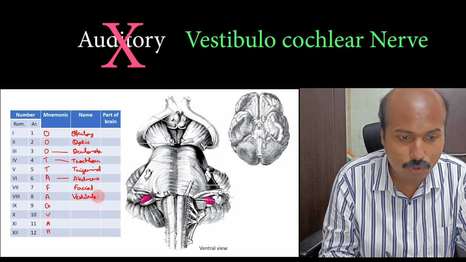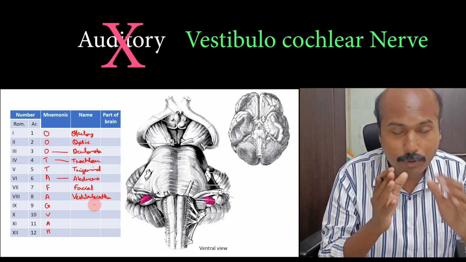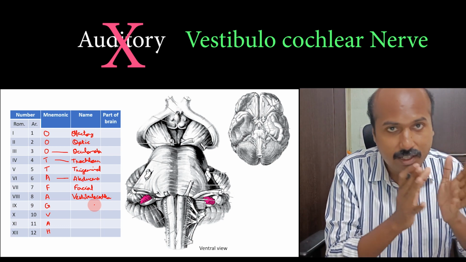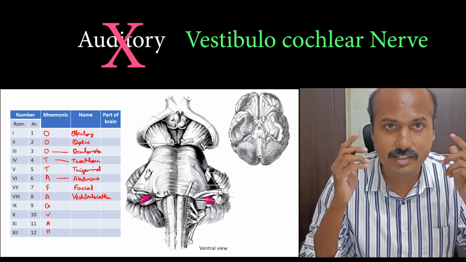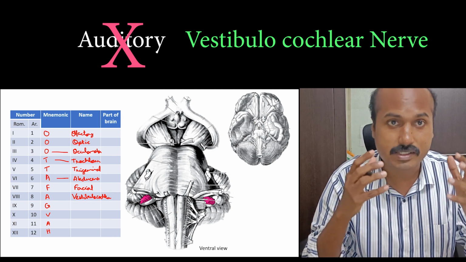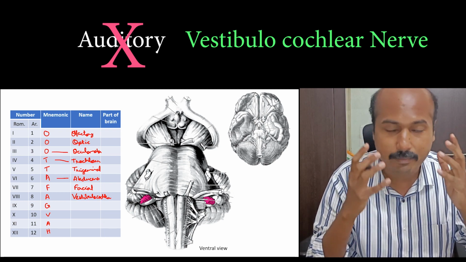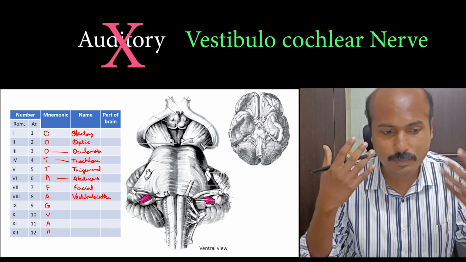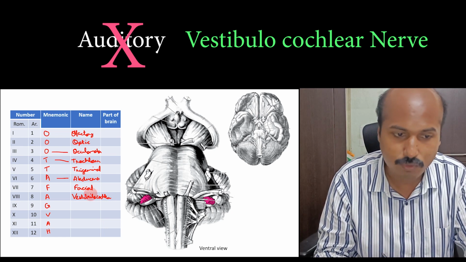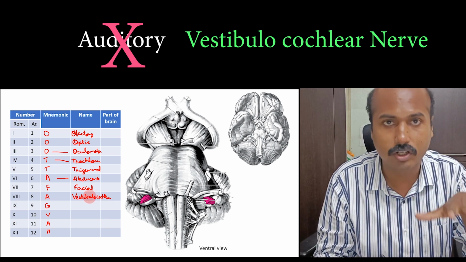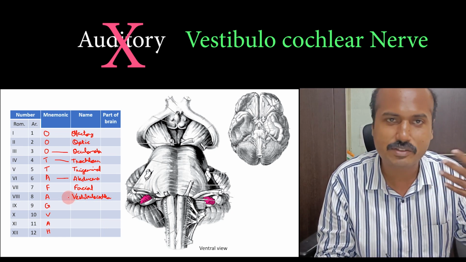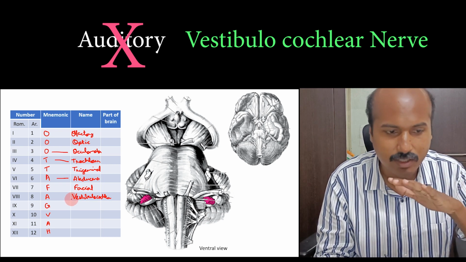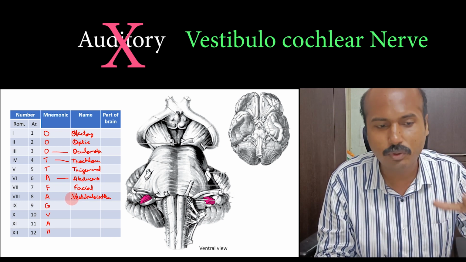It is called vestibulocochlear. It's very important to know that it has a vestibular part and a cochlear part. The cochlear part is concerned with hearing. Vestibular part is concerned with balance and our head movements and stimuli related to that. So that is why it's called vestibulocochlear, and it should not be called auditory nerve. In lower classes, we may have learned it as auditory nerve, but in medical school, we learn it only